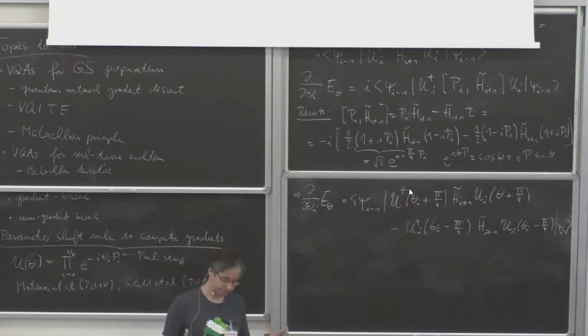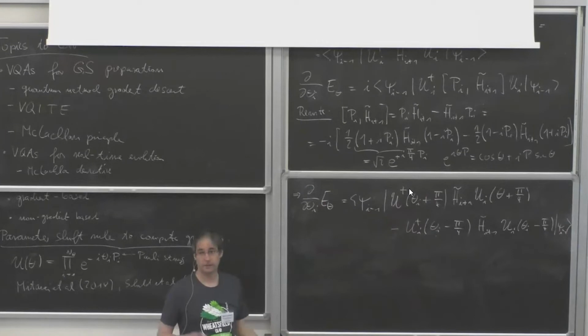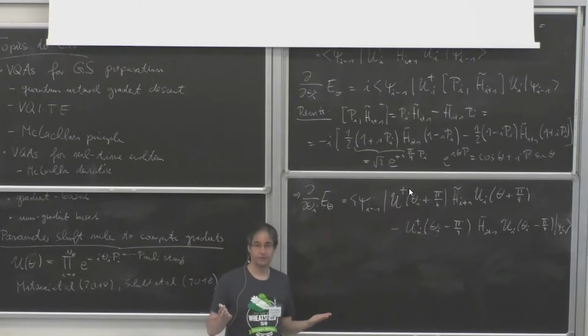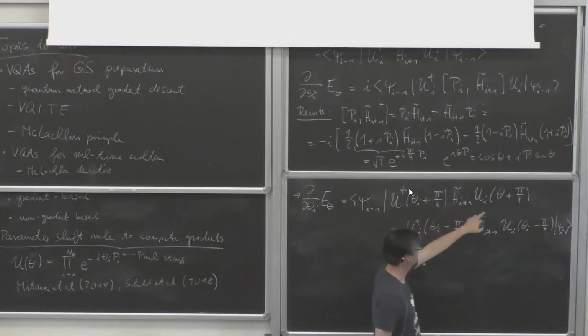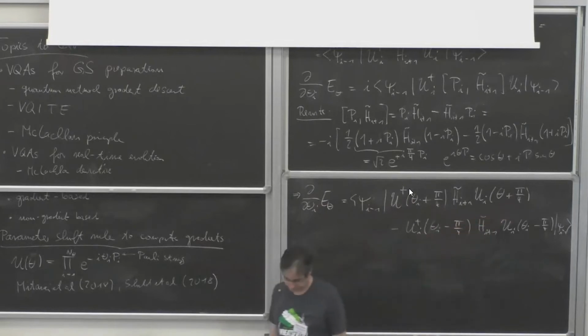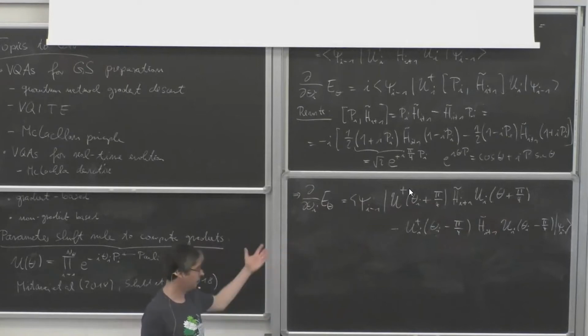You can imagine you can also say, well, let me compute the gradient how I learned it in school, right? E of theta plus epsilon minus E of theta divided by epsilon. The problem is you only know E of theta up to some shot noise. So if you add an epsilon to that, you need to make sure that you know it better than the infinitesimal epsilon, which means you typically don't know that. So you can't easily use the finite differences here. So here, it's an analytical result and you're shifting it by some finite value pi over 4. Okay, so this is the parameter shift rule, and that means it's totally fine to use gradient-based optimizers. You just feed in this cost function if you have an ansatz of this form.